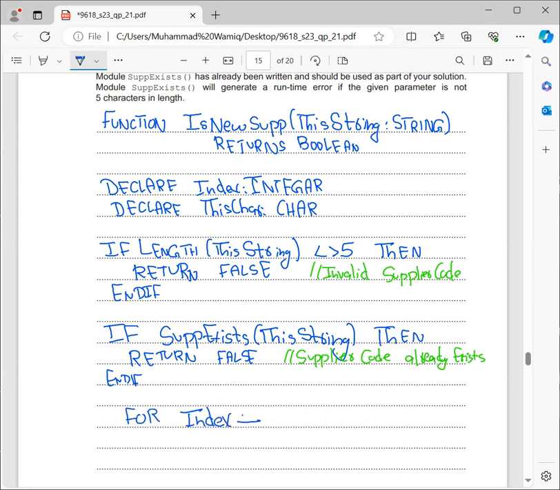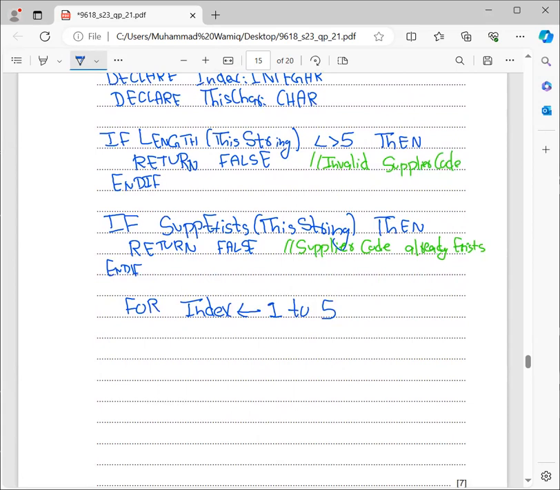Now I'm working on a loop for iteration of 5 loops for the strings in the parameter, and I am extracting a character in the loop. If this character is in lower case, so mid value of this string, index comma 1,